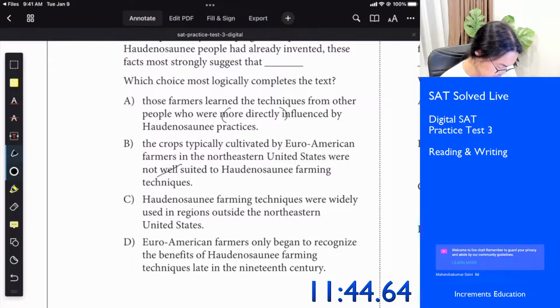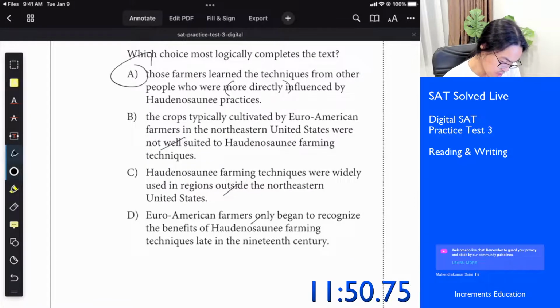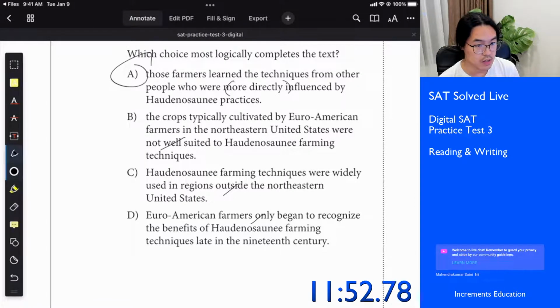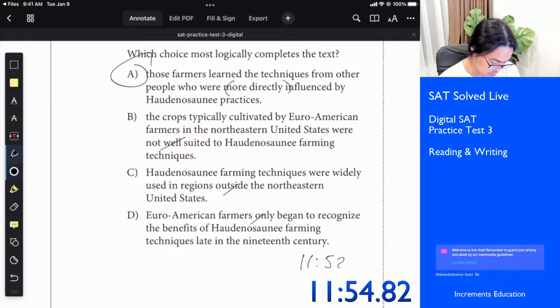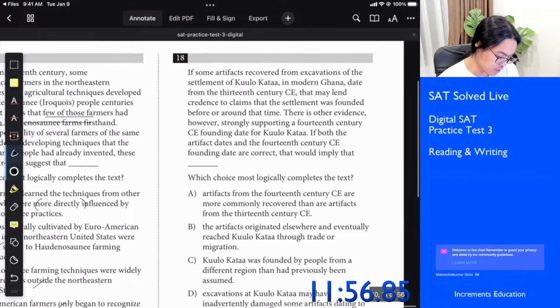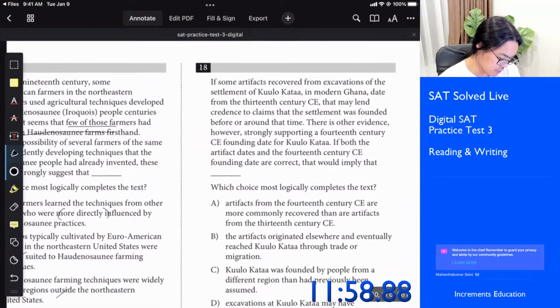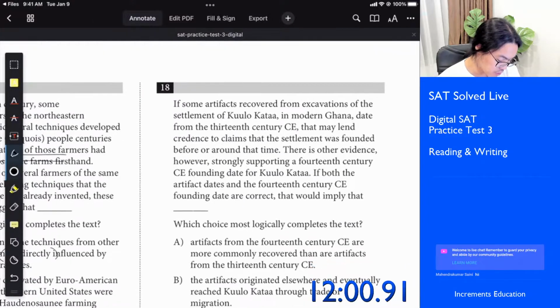Now well suited. Outside. Only. No. Yeah. Okay, that makes sense. Passed down is more chronological, but this is just from people. If some artifacts recovered